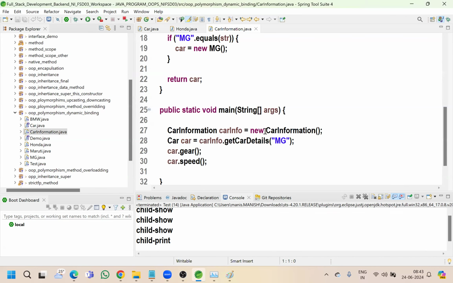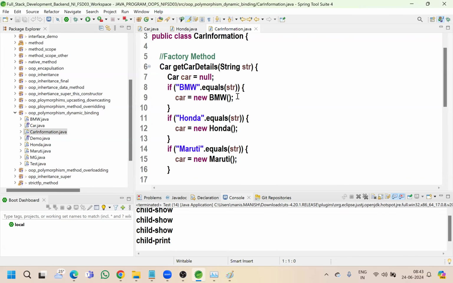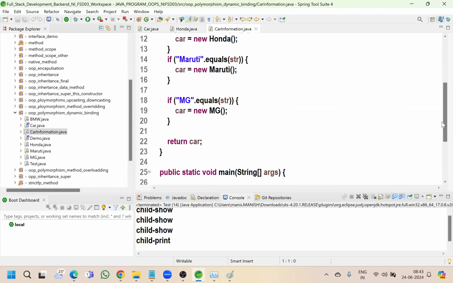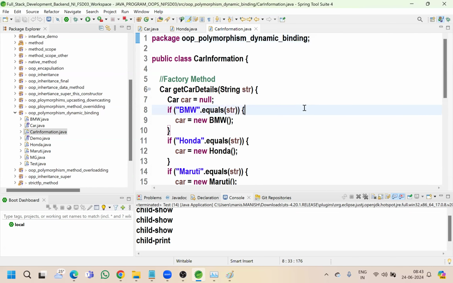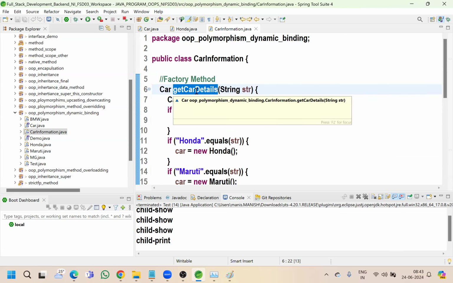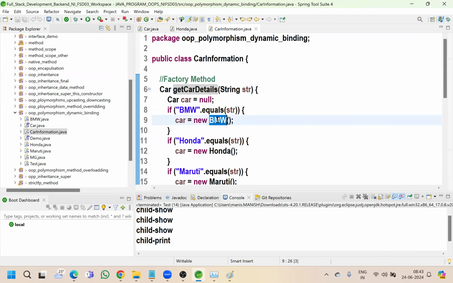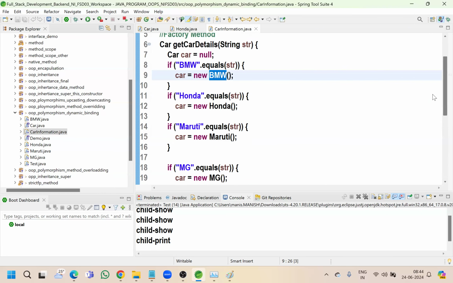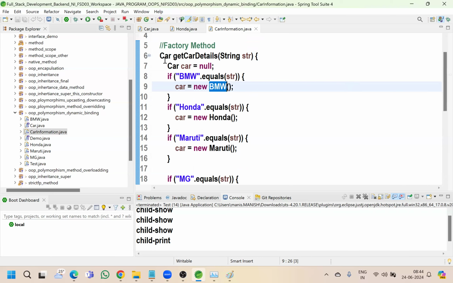we have written one factory method. A factory method means any method whose return type is another object. I will explain this in design patterns. A factory method is a factory of objects. It could be an object of the same class or of a different class, but we get an object. So if you see this method,